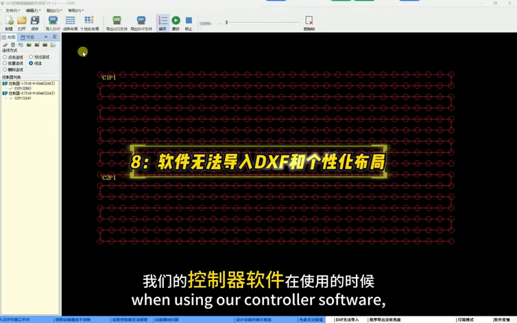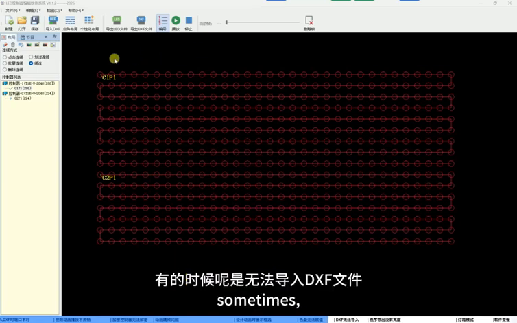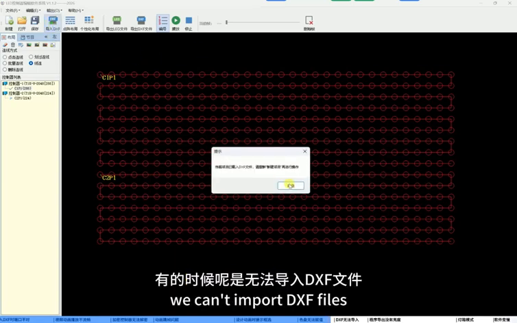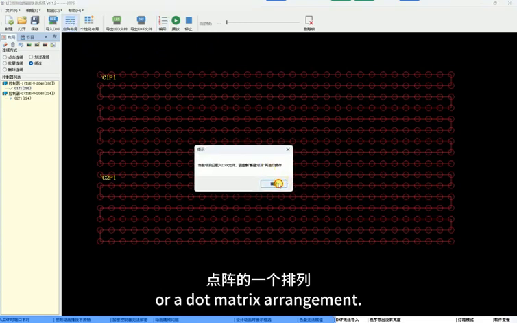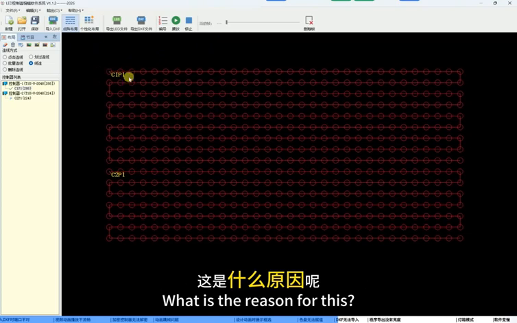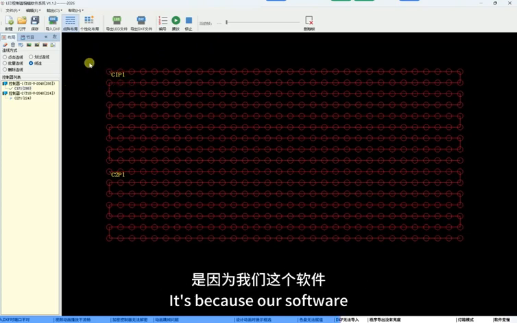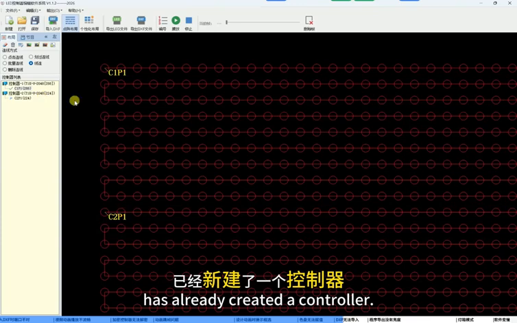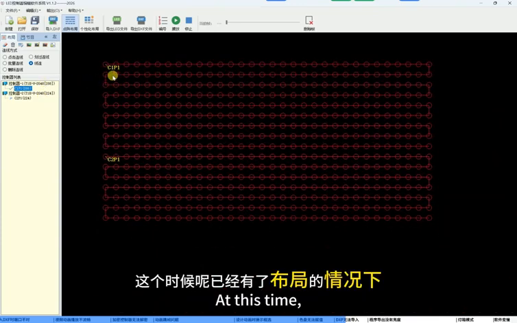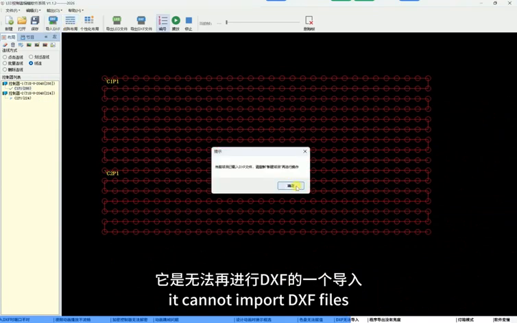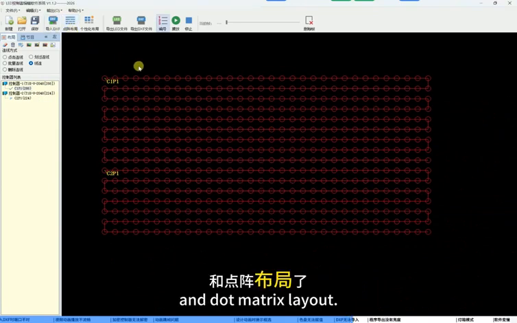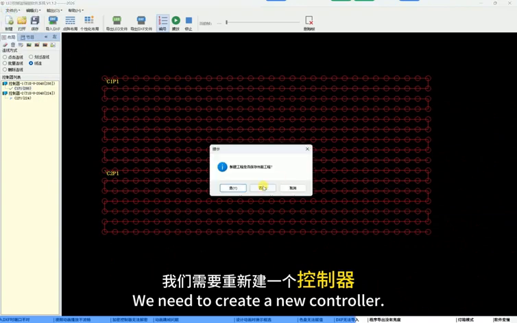Eighth, when using our controller software, sometimes we can't import the XF files, or create a new dot matrix arrangement. What is the reason for this? It's because our software has already created a controller at this time, and there is already a layout. It cannot import the XF files and dot matrix layout. We need to create a new controller,